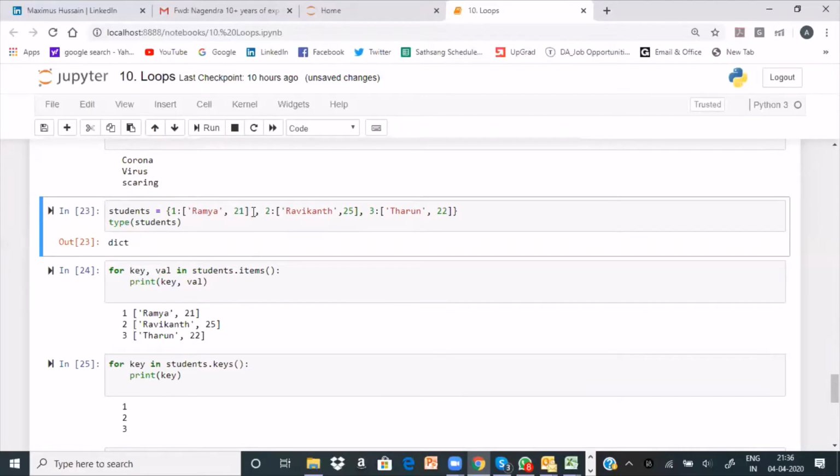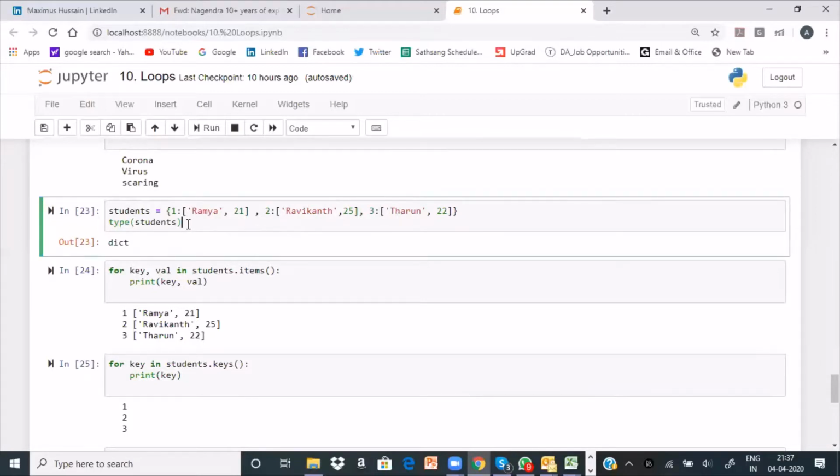Value is a list object inside the dictionary, because you know dictionary is a heterogeneous thing. Ramya, comma 21. That means the name of the person is Ramya and her age is 21. Ravikant, age is 25. Tarun, age 22. And keys are nothing but 1, 2, 3. Values are these: Ramya 21, Ravikant 25, Tarun 22.